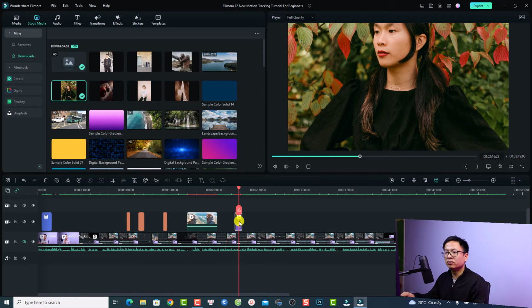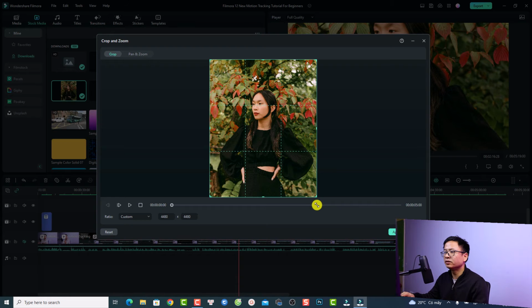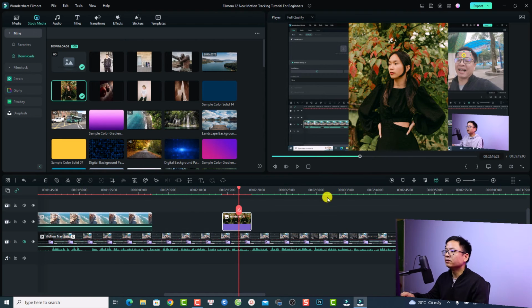So all I need to do is select the image here, select the crop tool here and go to crop, and now I want to adjust the crop area to this side, and let's click apply. So here's the image, and in order to adjust the image we have two options. The first one is to click here at the preview window, and then I can scale it down